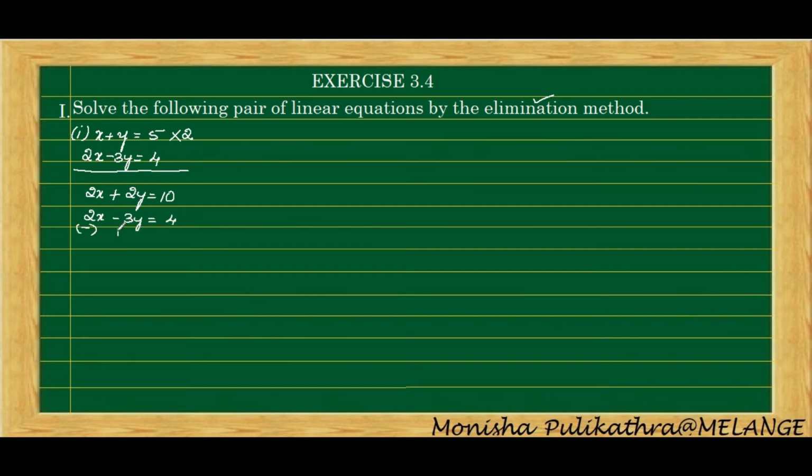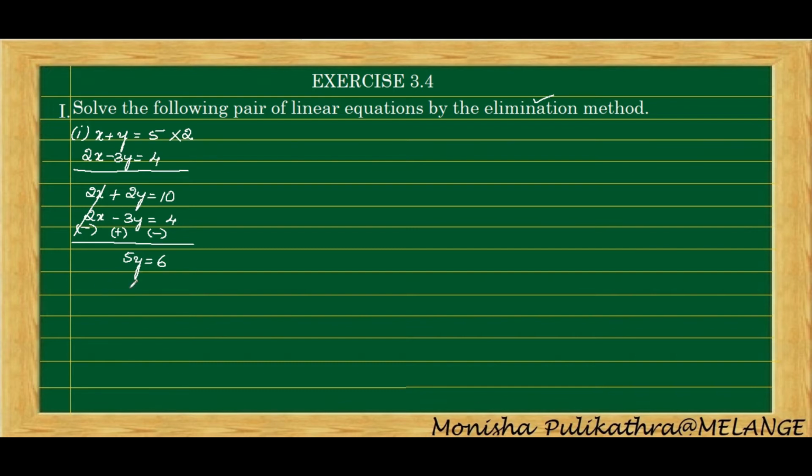Next, change the sign. Okay, here it is plus and minus. Unlike signs, we need to subtract. Here there is like sign, plus into plus. So like sign means we need to add it. 3 plus 2 is 5y. Larger number sign is plus itself, is equal to, here unlike sign, plus into minus, minus. So unlike sign means we need to subtract it. So 10 minus 4 is 6.